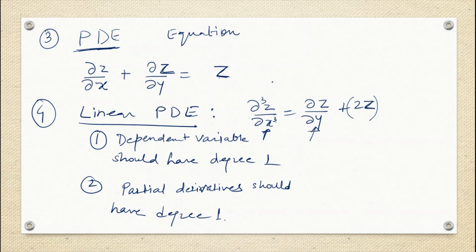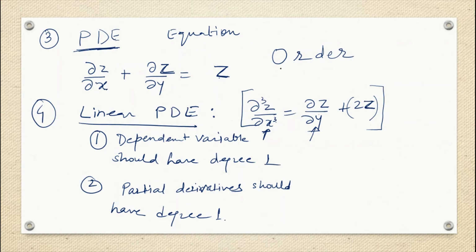So the order is what? Order is the highest derivative. So in this equation, the highest derivative is where? In which term? This term contains del 3z by del x cube. This term contains del by del y of z, and this does not contain any derivative. So the highest derivative is del 3z by del x cube. Why? Because this is nothing but del by del x of del by del x of del by del x of z. So 3 times you are finding the derivative of z. And the second term, only one time you are finding the derivative. So order is the highest derivative in the given equation. So the highest derivative is 3.